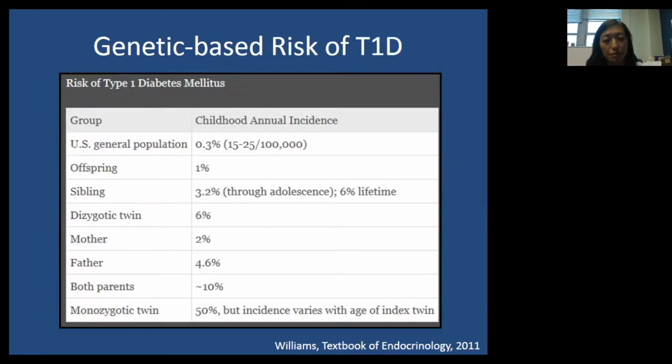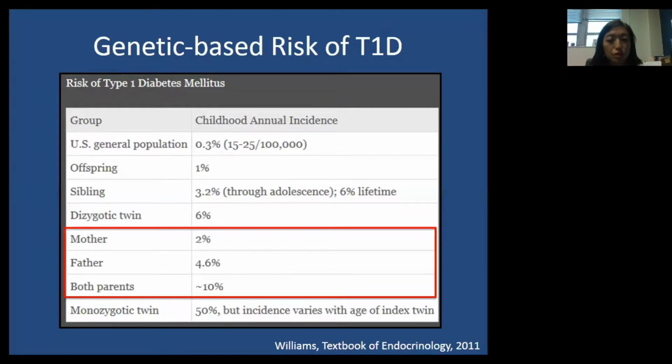Something I think may be a bit more clinically useful for many of us is in terms of counseling our patients and their family members: what is the risk of type 1 diabetes in their family members if they have it? And so here you see some of that information. So if a